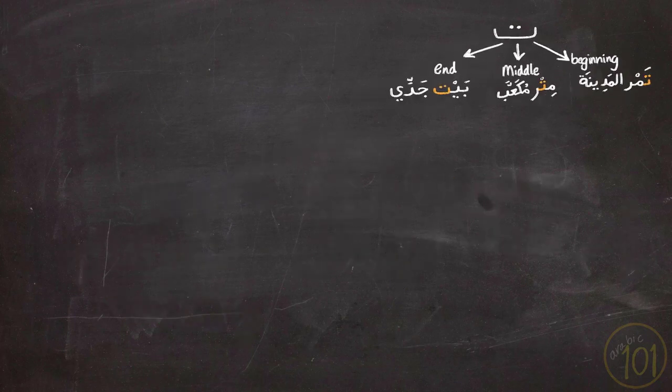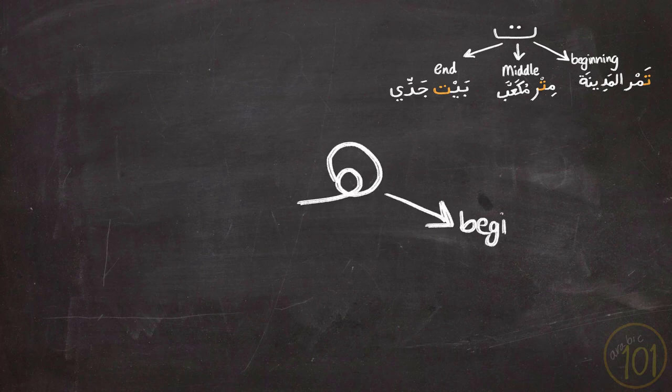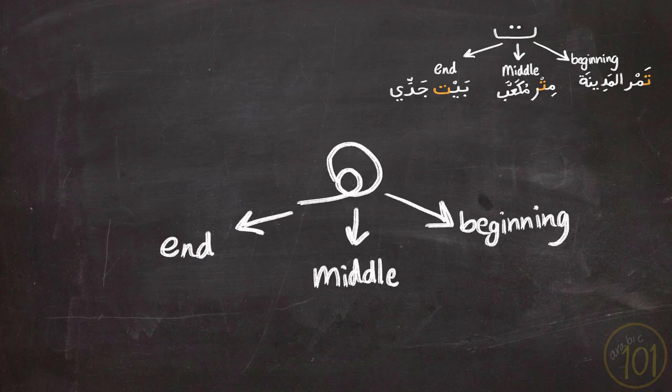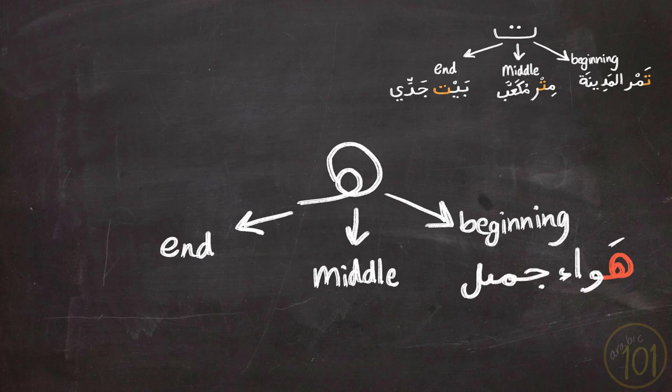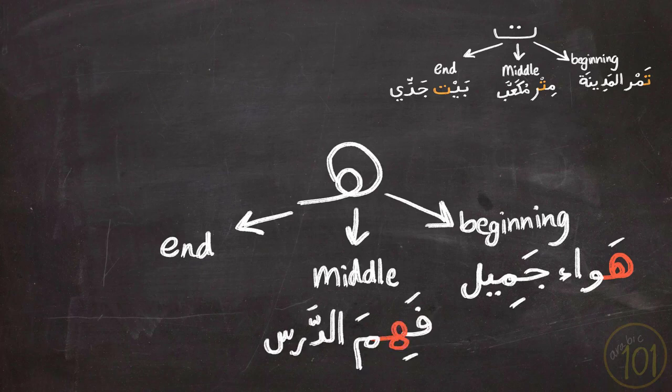Now moving to ha, which is the same story. It is another letter that occurs at all three positions, beginning, middle, and end, like these examples. هواء, هواء جميل. فهم, فهم الدرس. فواكه,